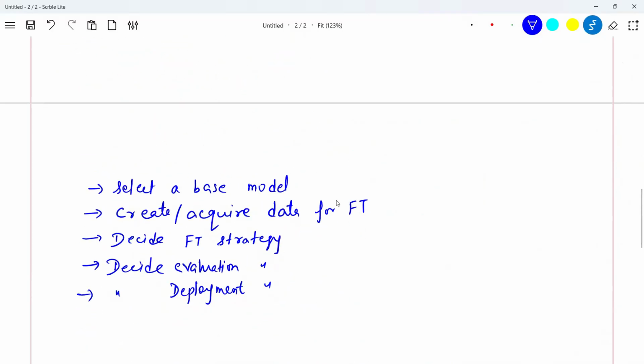You have chosen a base model. In this case, you have chosen the base model as Distilbert uncased. There is a reason why we have chosen it. I have asked you this question, comment me that. In this case, we have created some good quality data, the data that I showed you, right? Examples in 5 categories.